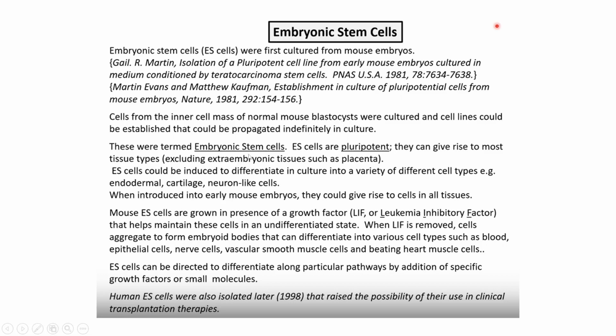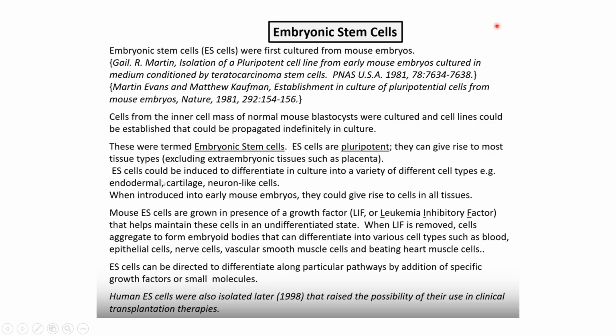The inner cell mass cells are generally pluripotent cells. They are pluripotent, not totipotent. There are two terminologies: totipotent and pluripotent. Totipotent means a single cell can form all the cell types in the organism. Pluripotent means most cell types can be formed, but some of them will not be formed. So the embryonic stem cell will not form extra-embryonic tissue such as the placenta. Apart from that, other organs and tissues can be formed. That is why it is called a pluripotent stem cell.